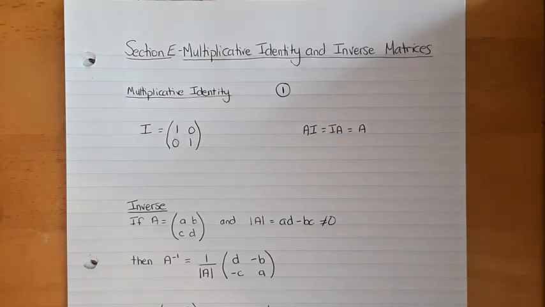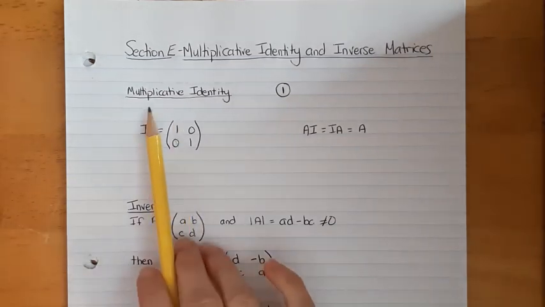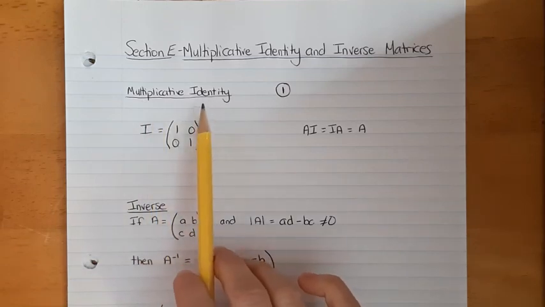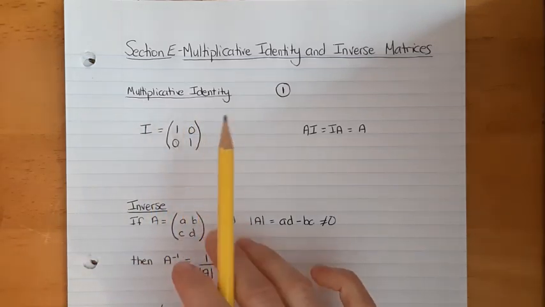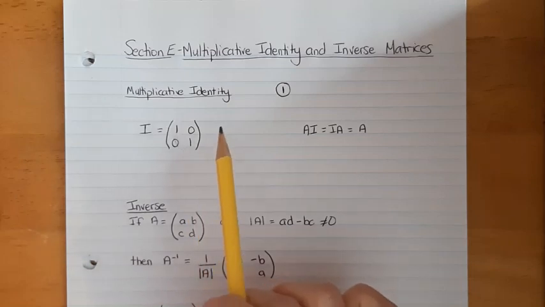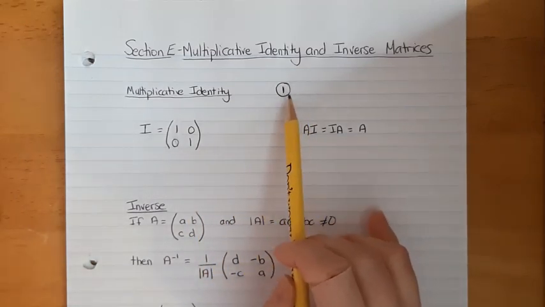Hi everybody, so this is the video for section E, which is the multiplicative identity and inverse matrices. So the first thing we want to talk about is the multiplicative identity, and I know that's a big word and it seems a little intimidating, but I want you just to remember it is the equivalent of thinking about